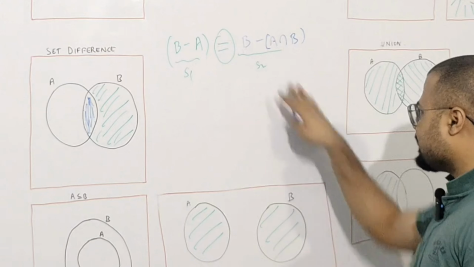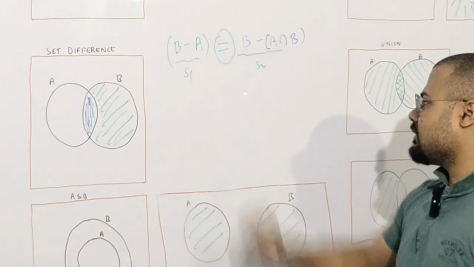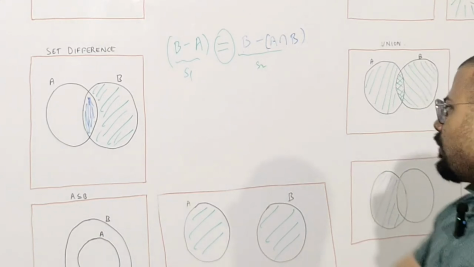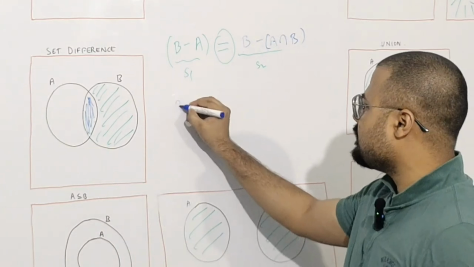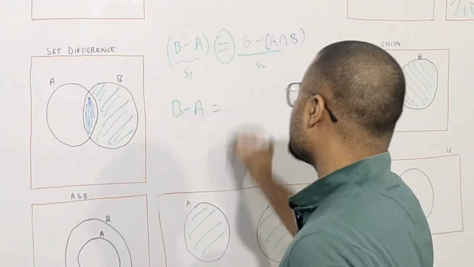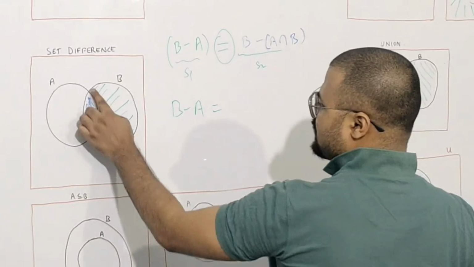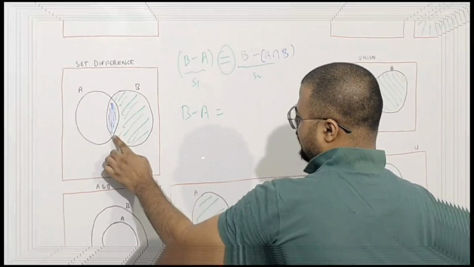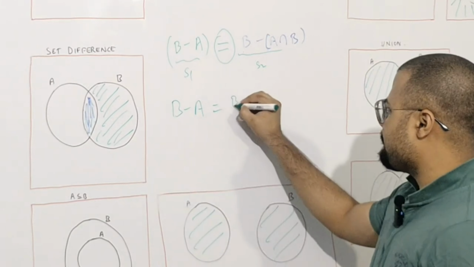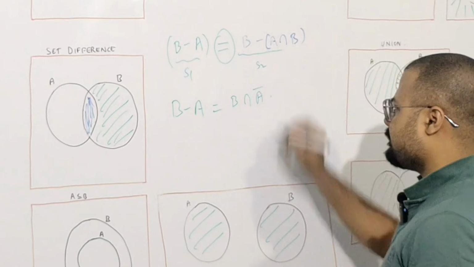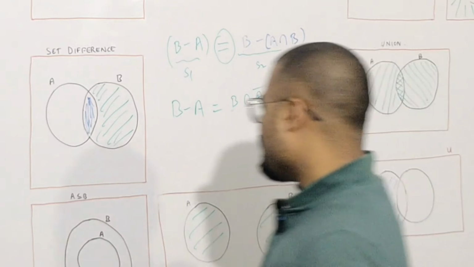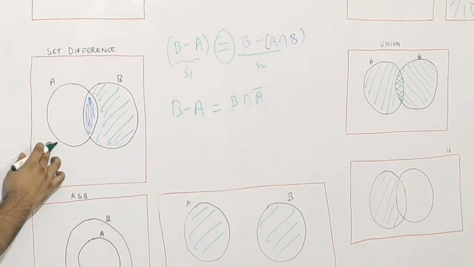you can write a lot of different expressions which will evaluate to the set which is equal to S1, or which is equal to B minus A. How? What other way can you write this? You can write B minus A to be equal to, because you just have to remove this part. If you want to remove this part, B minus A is equal to B intersection A complement, because A complement means